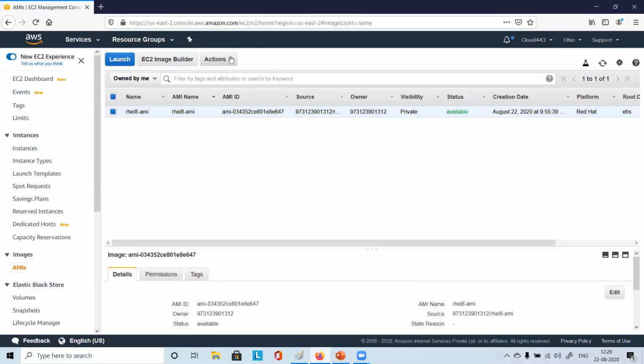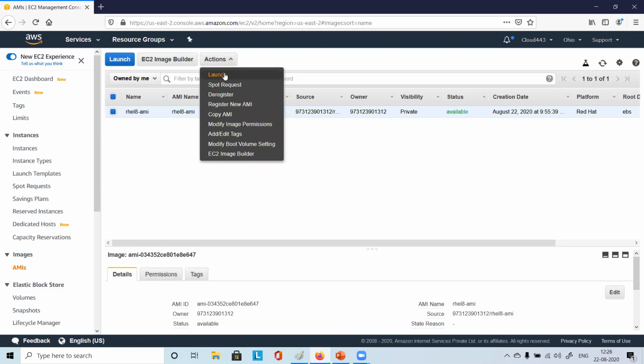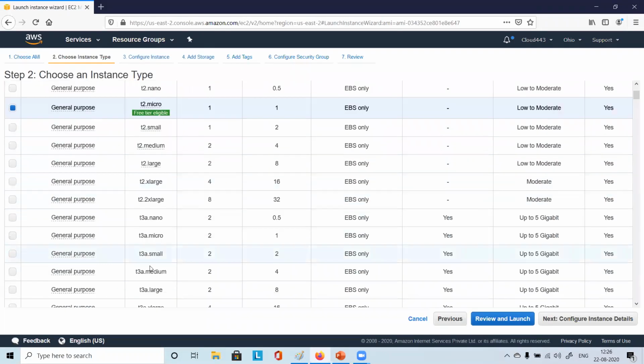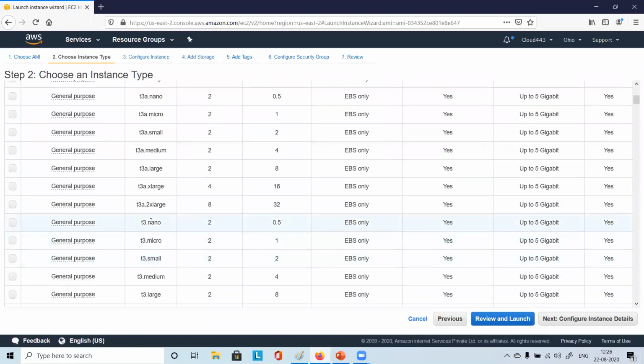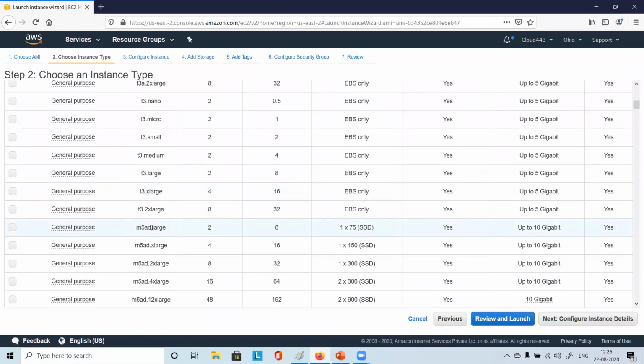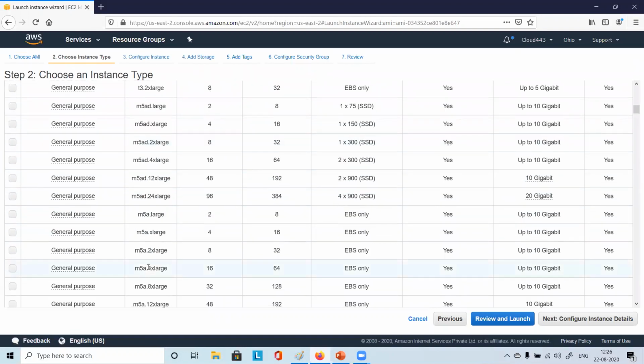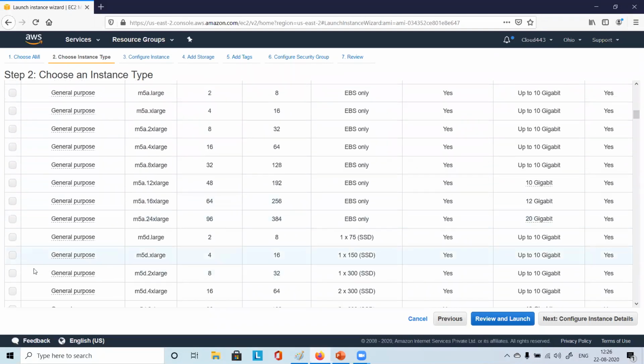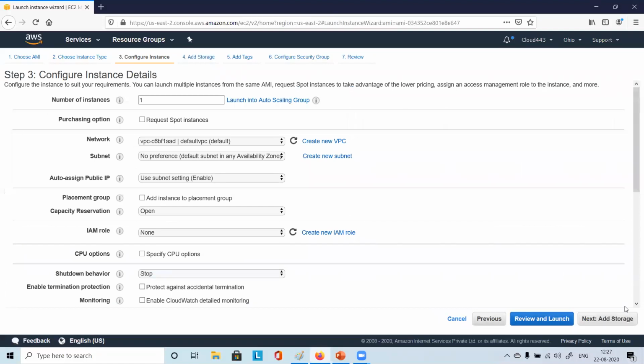So we can simply go to image, say launch, and while launching I will choose something else, whatever I wish, whatever is the need. So I'll say M5D extra large, and then I'll simply say configure instance details. Possible, right?